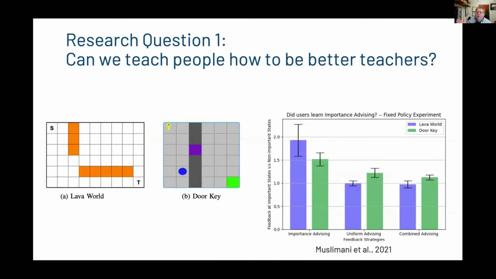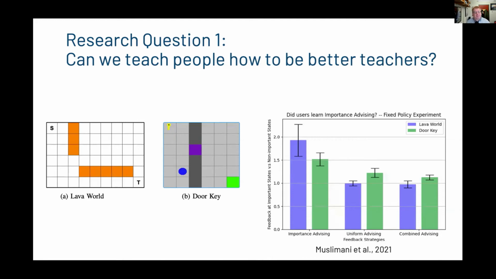So let's say I want to use the Tamer algorithm, and the Tamer algorithm has certain assumptions, just like the other ones. Maybe through coaching, through instructions, through practice, we can get people to give better feedback. And better feedback in this case means the algorithm can learn faster from it.